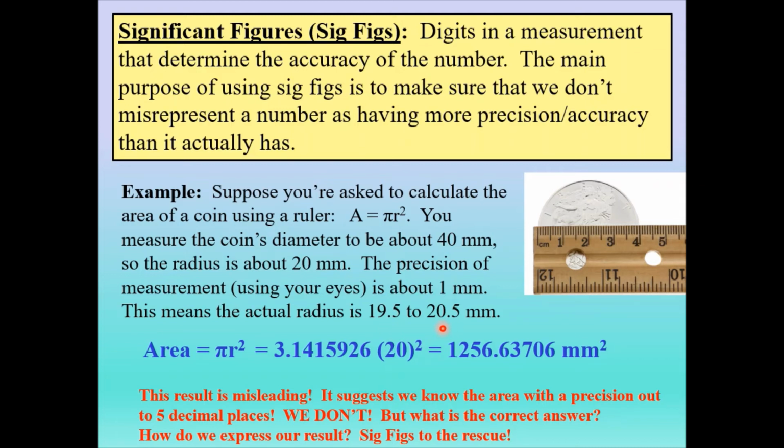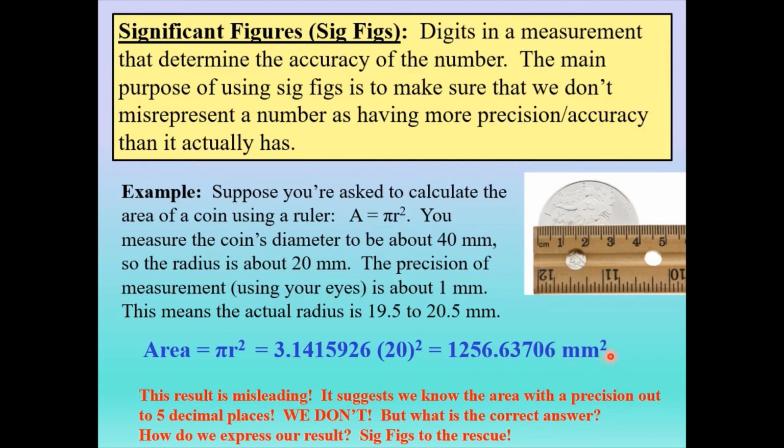So let's go ahead now and calculate the area of this coin. Remember, area again is pi r squared. So pi, if you punch up pi on your calculator, you usually have a key that has the pi symbol. It'll come up something like 3.1415926, and there may even be more digits shown. Pi goes on forever and ever. Then we're going to multiply that by the radius. We're going to just keep it in millimeters here. So we're going to put 20 and square that. So that's 400 times pi. And here's what your calculator will spit out, this number,